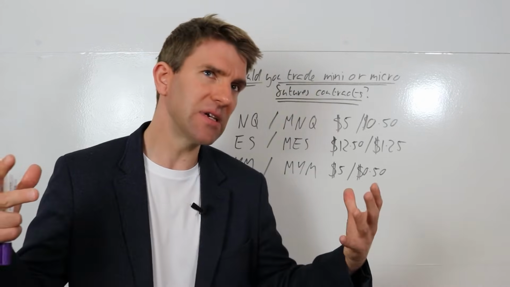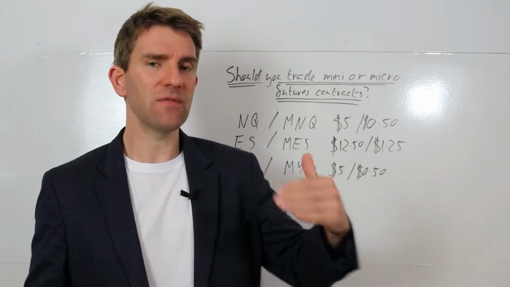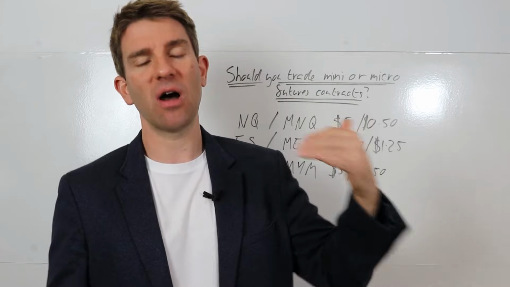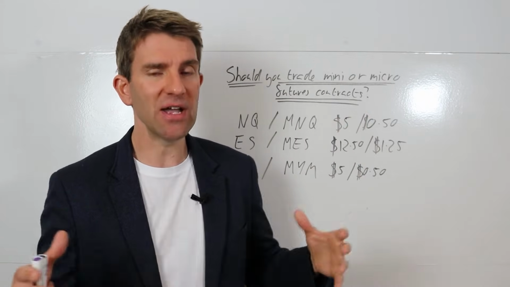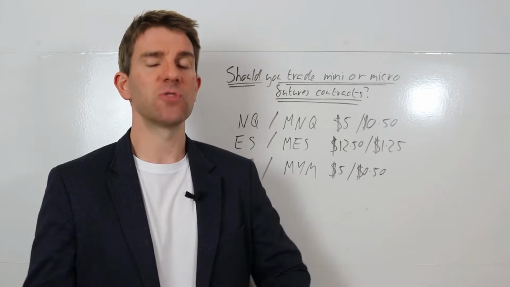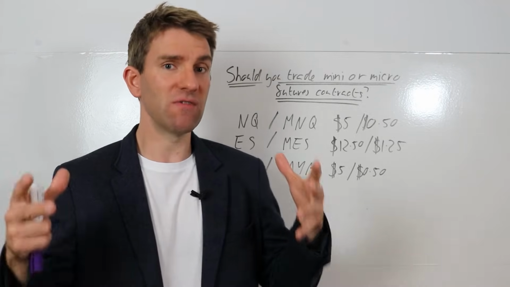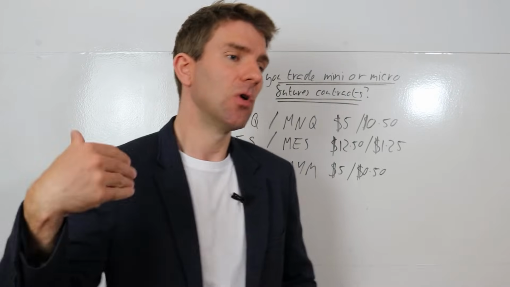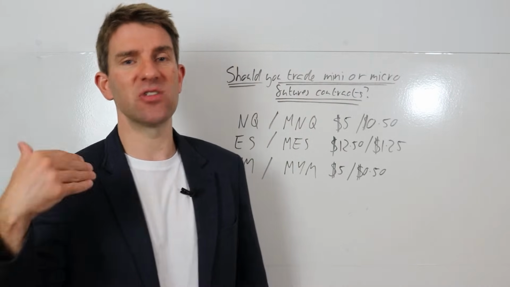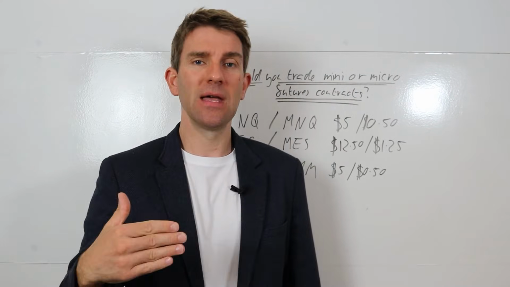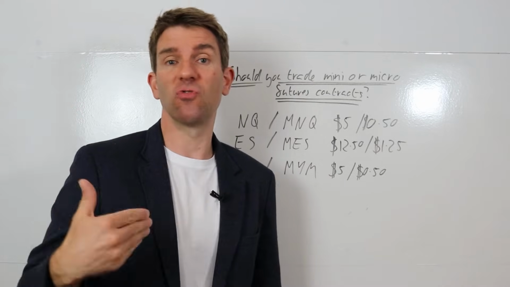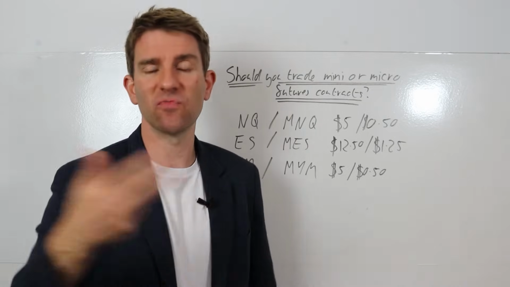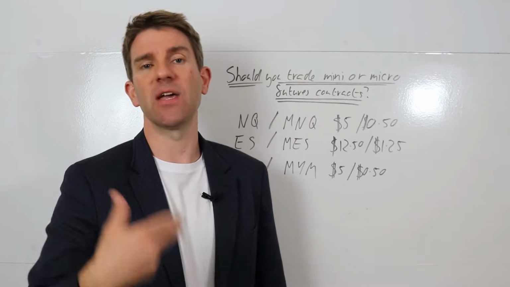Not necessarily volatility, more a case of the price of the asset starting to increase, and over the years it got higher and higher, which meant that the daily ranges in terms of ticks were wider, which meant that the daily range in terms of monetary value of one futures contract was a lot more. So exchanges said, hey, we can do a micro contract. It's a tenth of the size of the mini, and from a business perspective, it's great, right? Because it's another product they can give to retail traders, and they can make commissions from that.